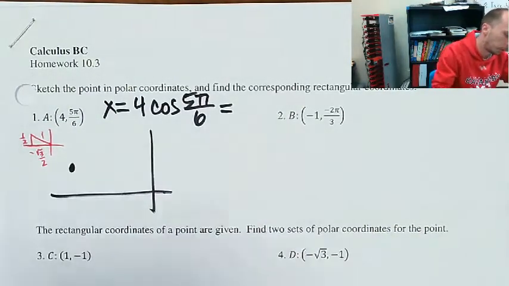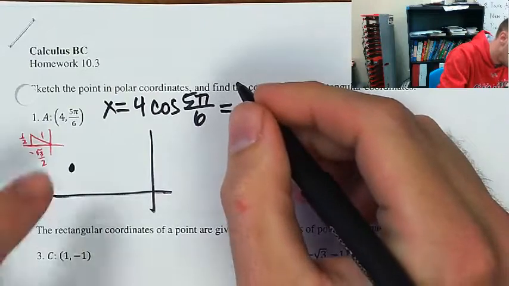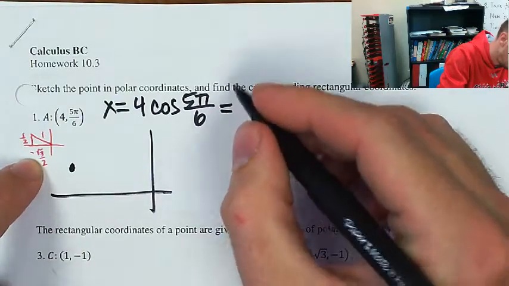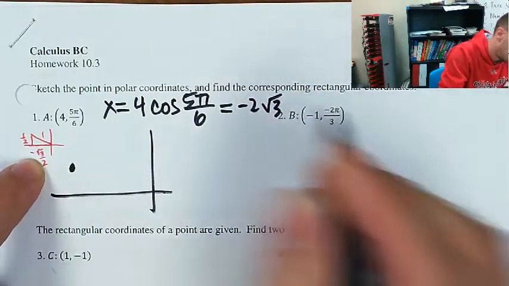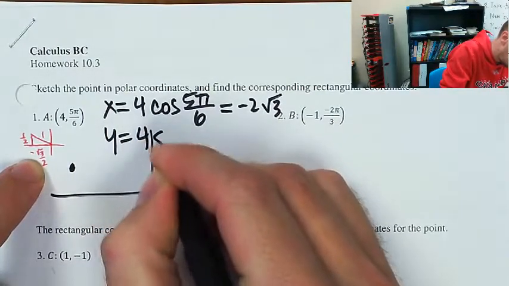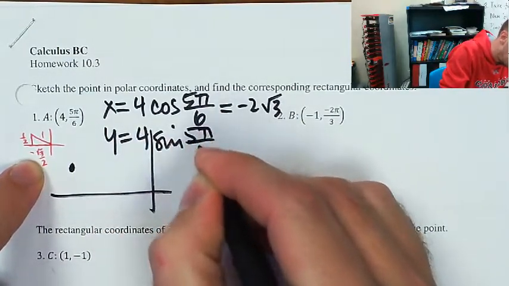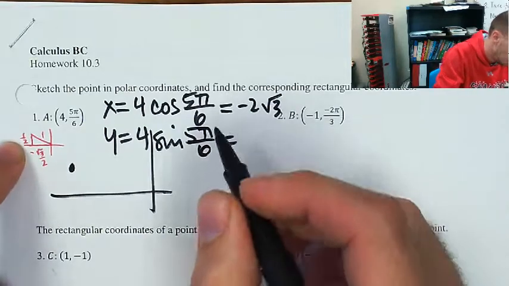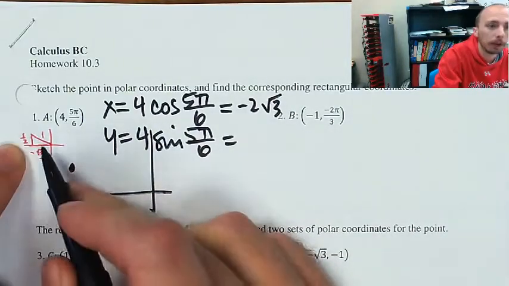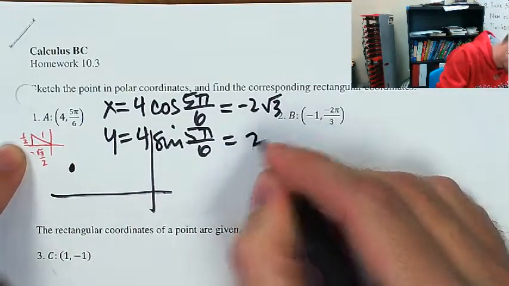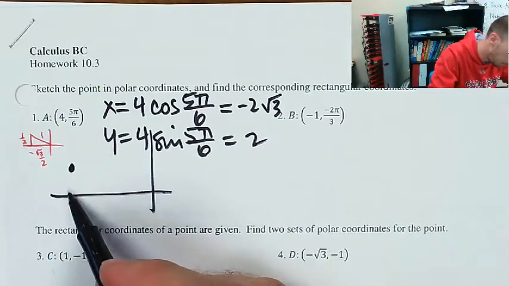So 4 times negative root 3 over 2 is negative 2 root 3. And then y is going to be 4 times the sine of 5 pi over 6, which is going to be, okay, 4 times the sine is a half, opposite over hypotenuse, so that's 2. Okay, so negative 2 root 3